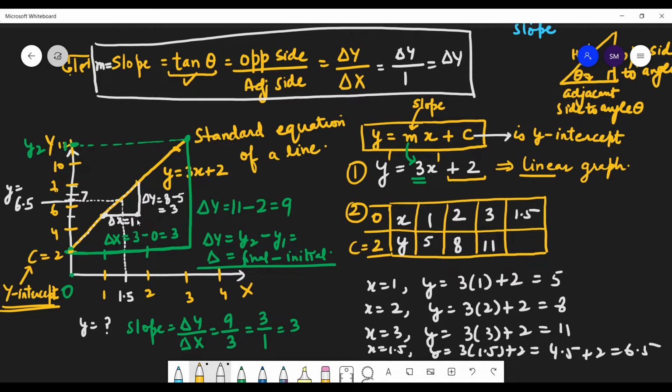Slope is delta y by delta x, 3 upon 1, that is 3. So the slope of a straight line is constant, students. Take any part of the line, you will find the slope delta y by delta x. It will always be 3. It is written over here. So the slope of a straight line is a constant, and this is denoted by the letter m. And here it is 3. So this 3 is constant. This is a constant number.